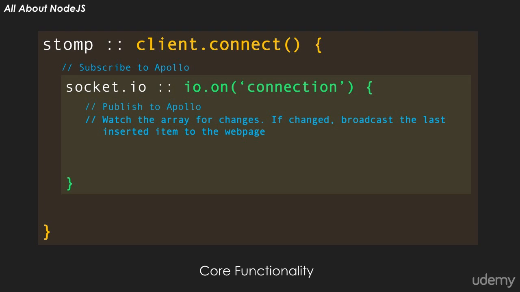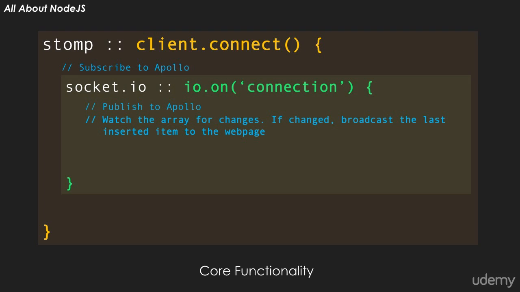In terms of execution, once the Stomp client connects, we will first subscribe to a queue called from Python because this will be the channel over which the processed data will come back from our Python script. Also, once the Stomp client successfully connects, we will establish a socket.io connection to the page. Then, when the user presses the button, we will publish our data to Apollo and follow the rest of the